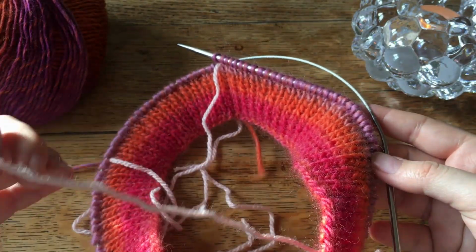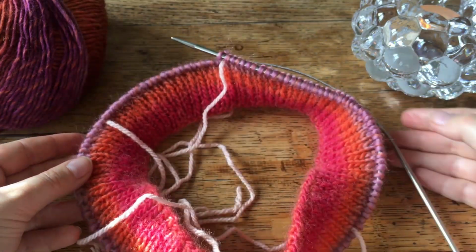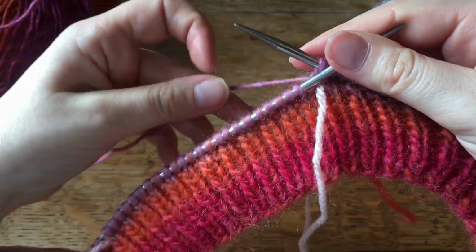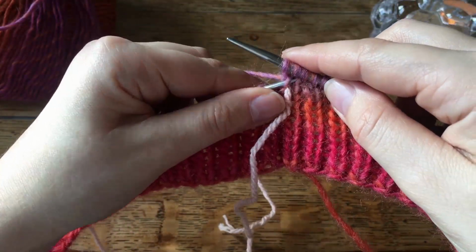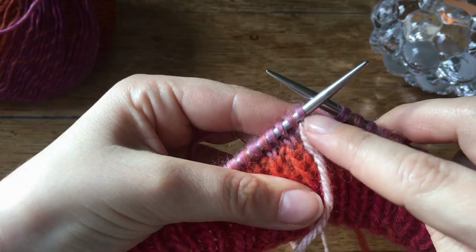Now we're going to start with the increases. This is what it looks like. This is where our round starts. And I'm just going to go a couple of stitches left because I'm going to start my round just before